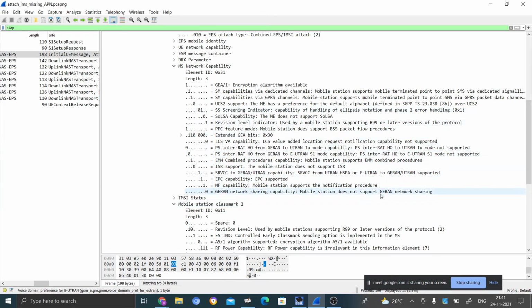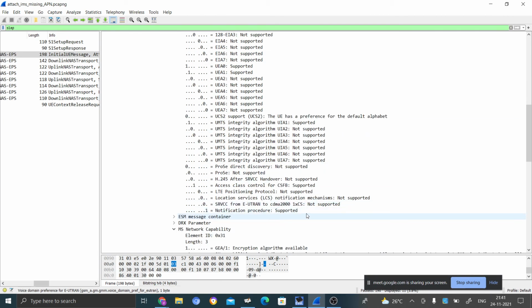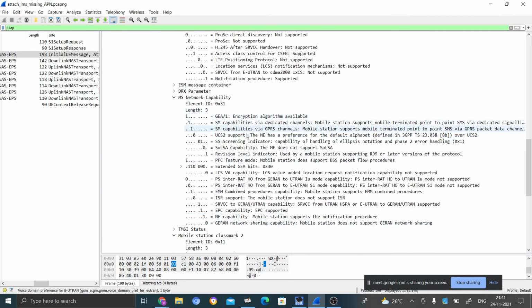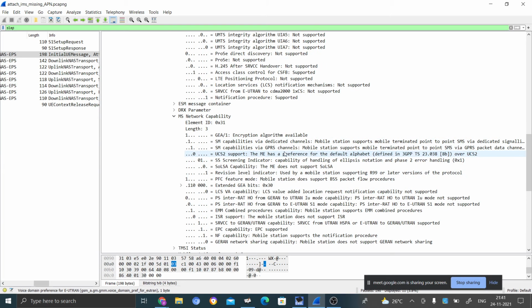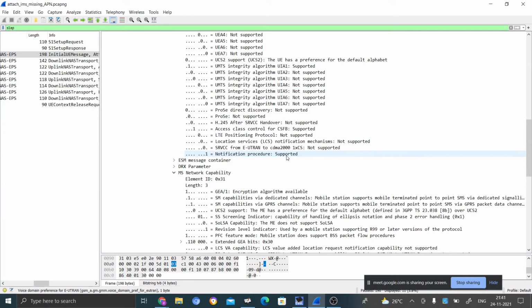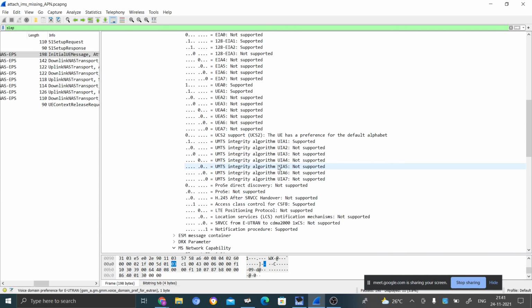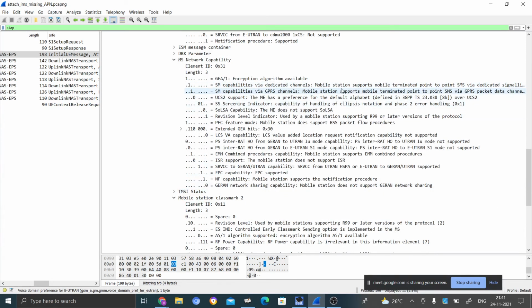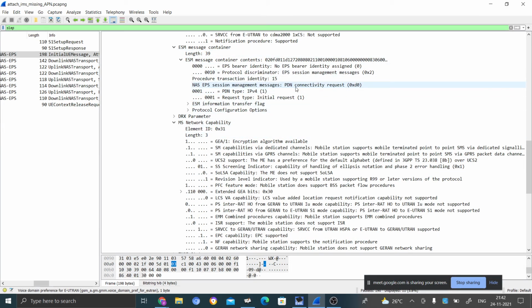Somewhere we have seen it, in the UE network capability, and in the ESM container, which is only PDN connectivity, right?